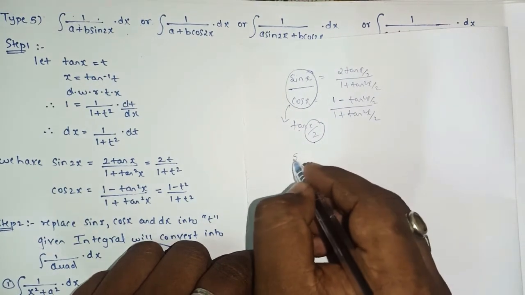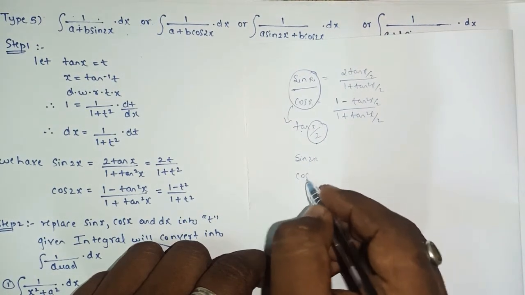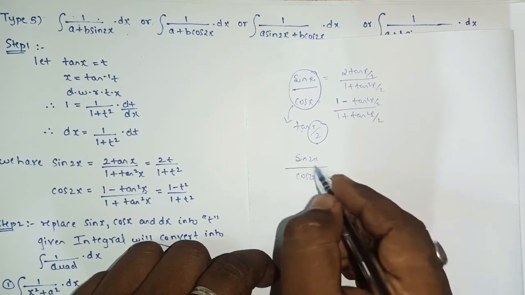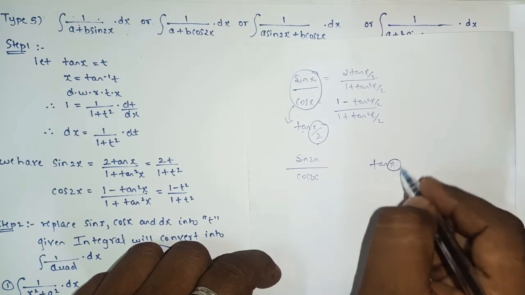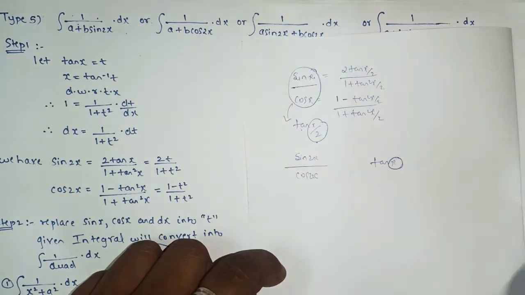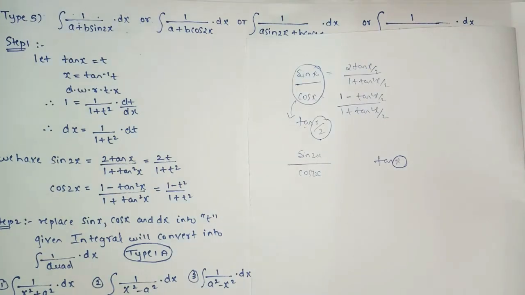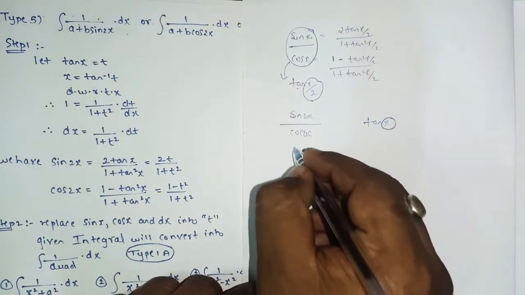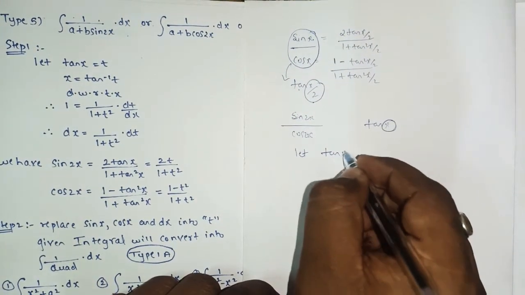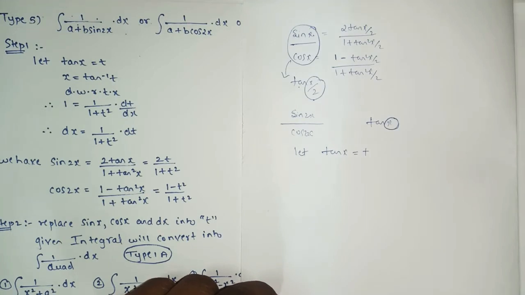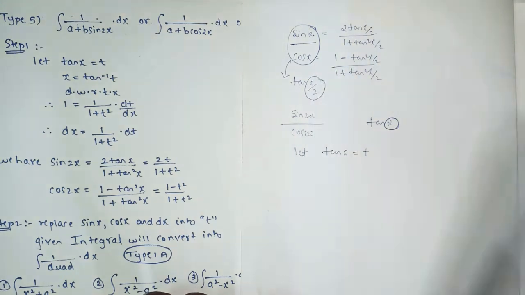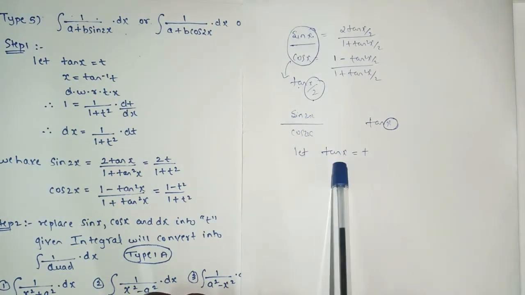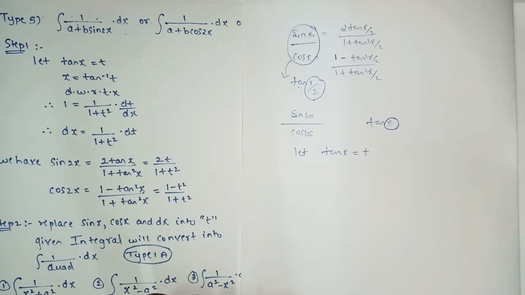Here we have sin 2x and cos 2x, so this is the multiple of angle. So sin and cos will be what? Tan. So for multiple angle we used to write x only, yes or no? I hope you all might be knowing what is half of the angle and what is multiple of angle. So here whenever it is sin 2x and cos 2x, always you have to take let tan x as t. Don't take tan x by 2. X by 2 it is for sin x and cos x. Whenever it is sin 2x and cos 2x, you will take tan x equals to t.